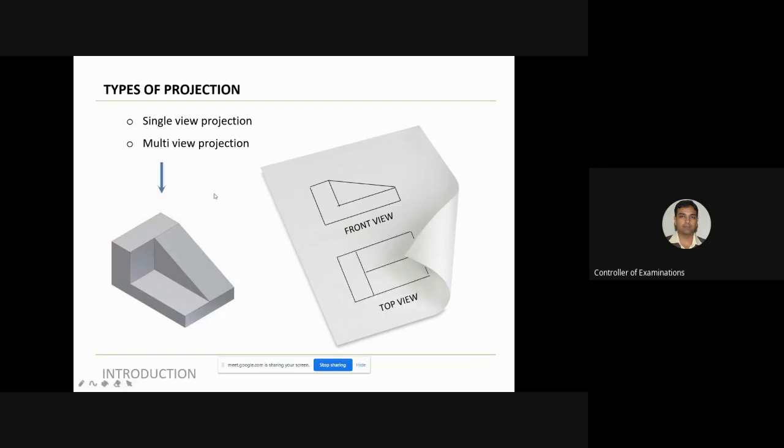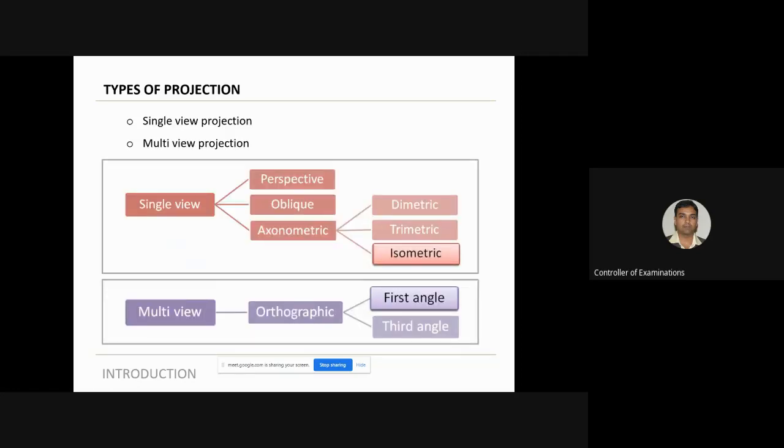Another example you see, if he looks from the top, you can see the viewing direction is now from the top. If he looks from the top, then he is going to see this. You can see on the right side, top view. So in this top view, you cannot make out whether there is a slope, whether this object has got a height. No, it is very difficult. What you see is the length and the width of the object. Okay, so this is the front view, this is the top view.